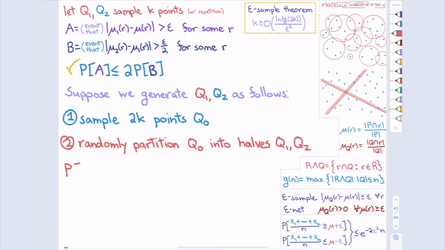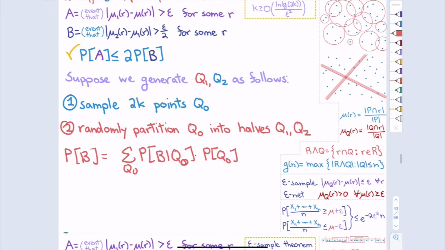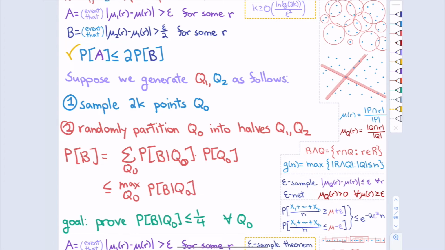So the probability of B is equal to the sum over all possible choices of Q0 of the probability of B conditional on Q0 times the probability of getting Q0. Which is at most whatever is the worst possible Q0, something like that. So now all that's left is we can fix Q0, which is like the original set